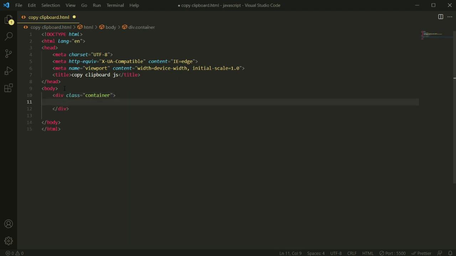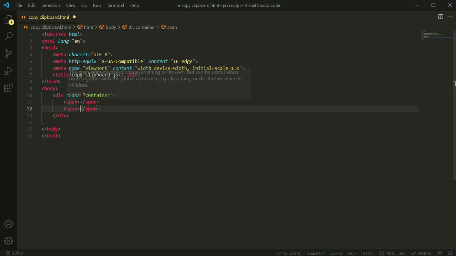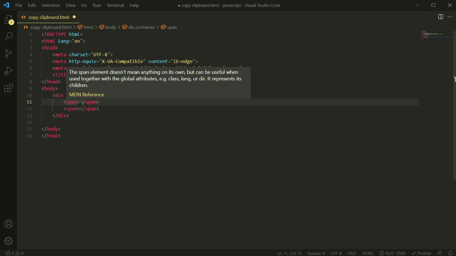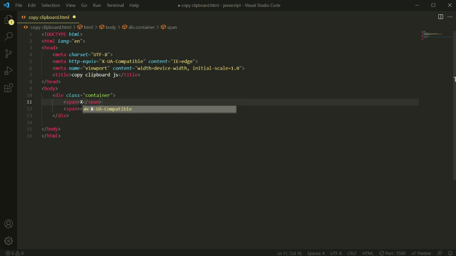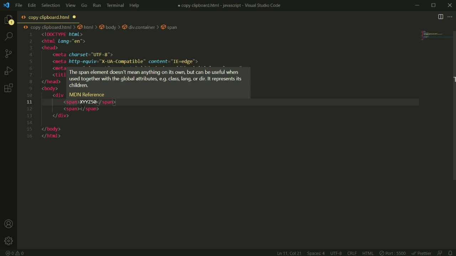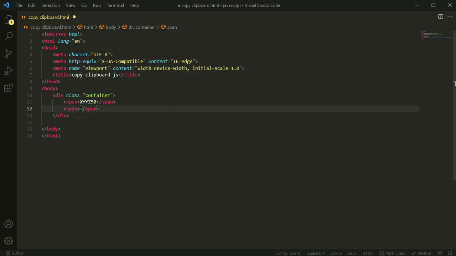Inside of this we will add a span. Here I'm going to add 2 spans. Let me copy, and in this place I'm going to add some text, that will be the code we are going to copy. Here I'm going to write XYZ 50. Okay, this is our code, just a code here, and in this place we will write the button code.